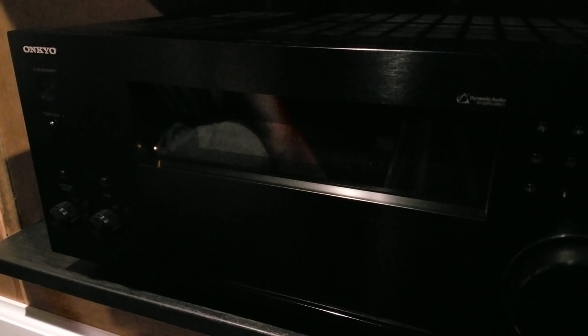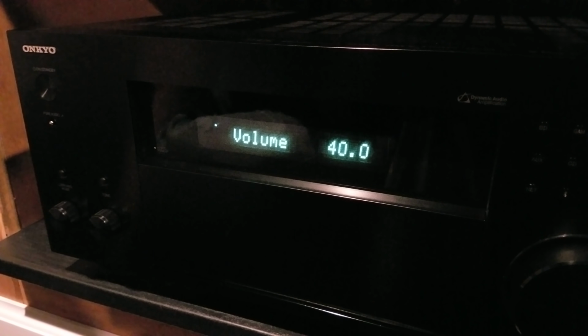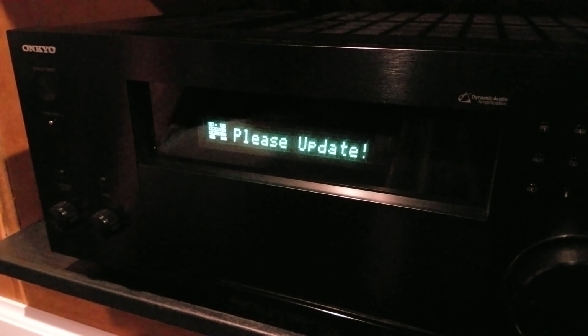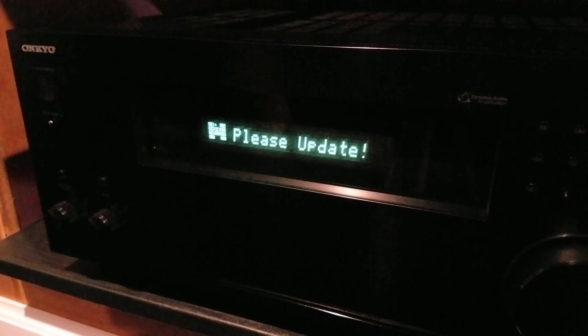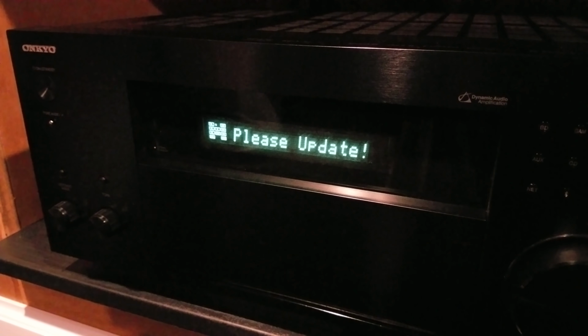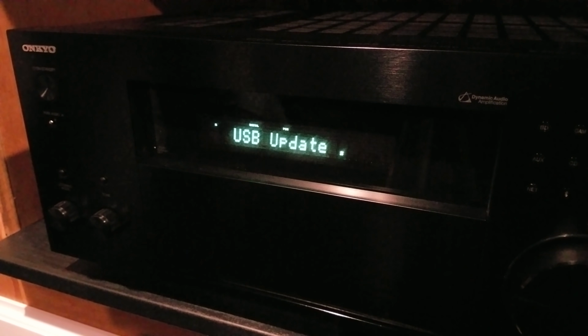Okay, so I downloaded the firmware off the Onkyo website and I formatted a USB drive to FAT32 like it suggested. Transferred the files to the USB drive. So maybe there was a problem with the network connection, I don't know, but we are going to try this directly off of a thumb drive. So USB,